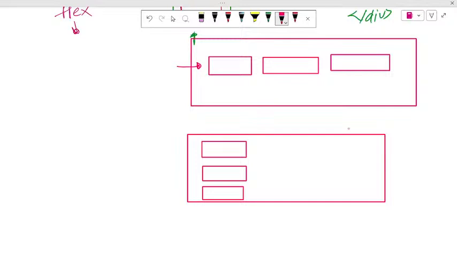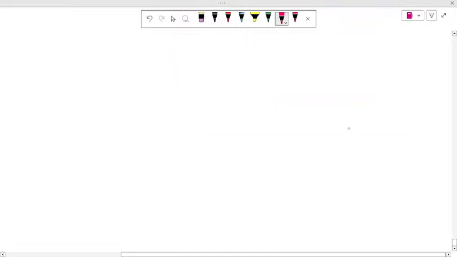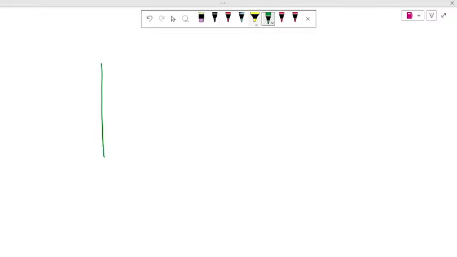So for that we have grid. So grid can help you organize your items in a 2D manner. Grid can help you manage your